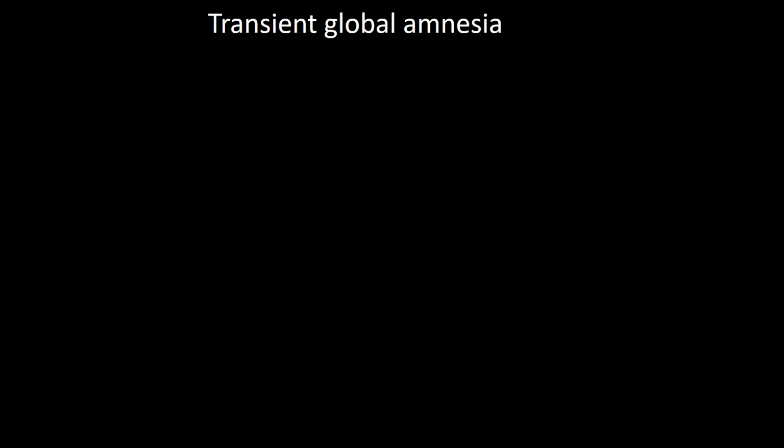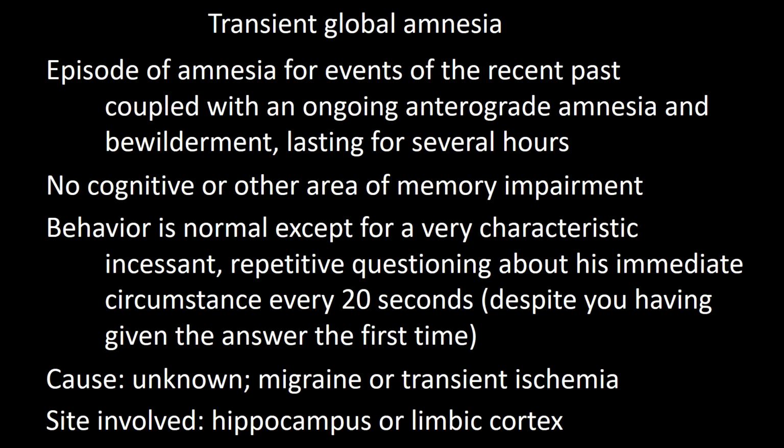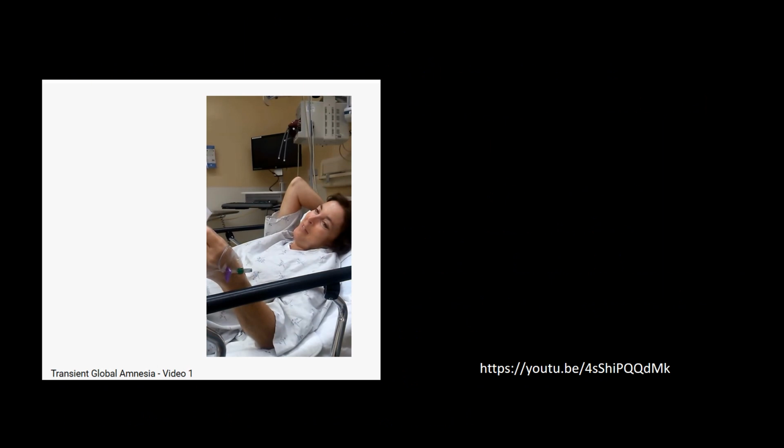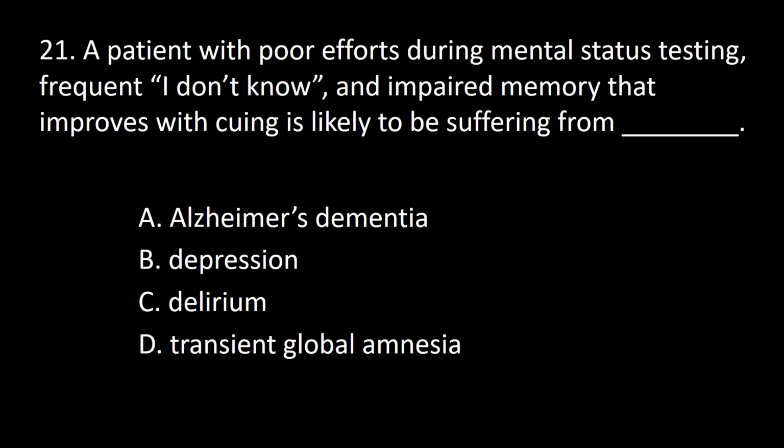I'd like to finish this presentation by telling you a few words about transient global amnesia. Transient global amnesia is one of the most peculiar conditions we see in neurology that has a good ending. Not much is known about what goes on in the brain during it. Transient global amnesia is sometimes triggered by strong emotions, but in most cases it comes out of the blue. Stop the video and read the statements in this frame, and then go to YouTube and watch this video. So the answer to this question is B.